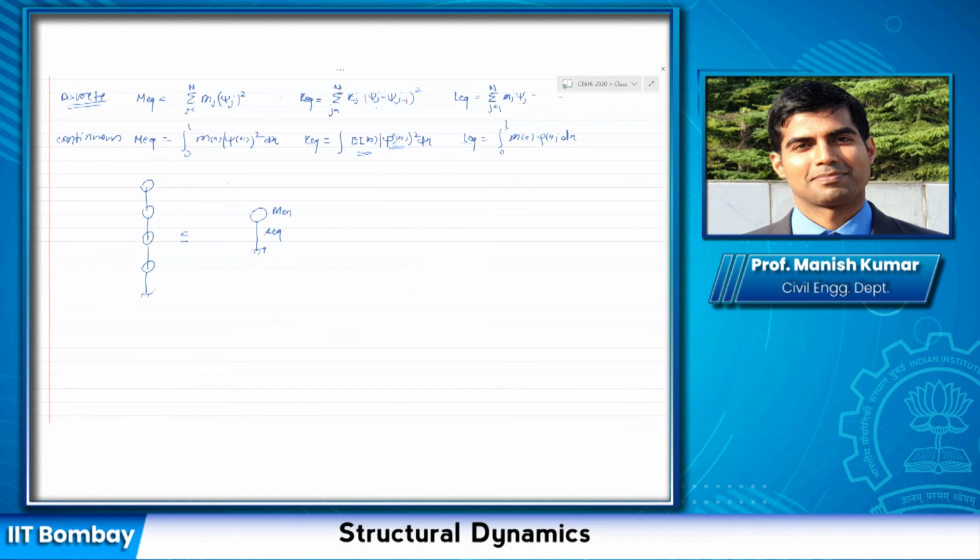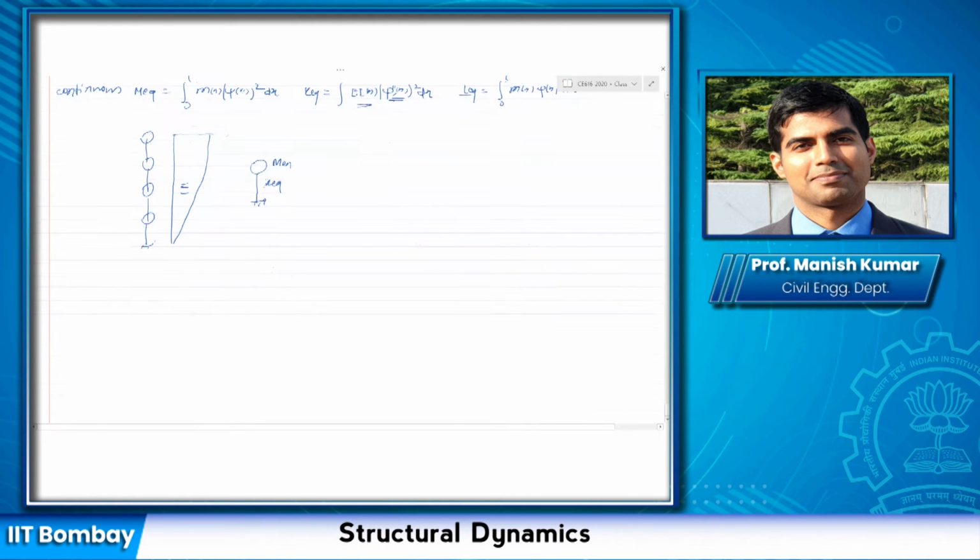is a very convenient method, as long as you can assume the shape vector here that represents the deflection of this set of masses. If you can do that, you can reduce this multi-degree of freedom system to a single degree of freedom system to analyze it further. Any doubt up to this point, anybody? If not, remember, once you have the K equivalent and M equivalent, we can get that omega n square is K equivalent by M equivalent. So you can substitute those values here.